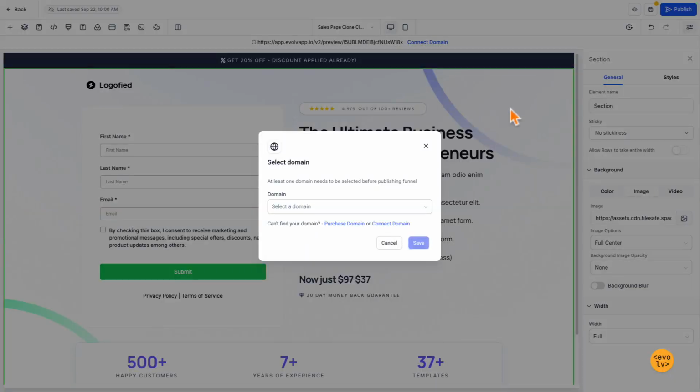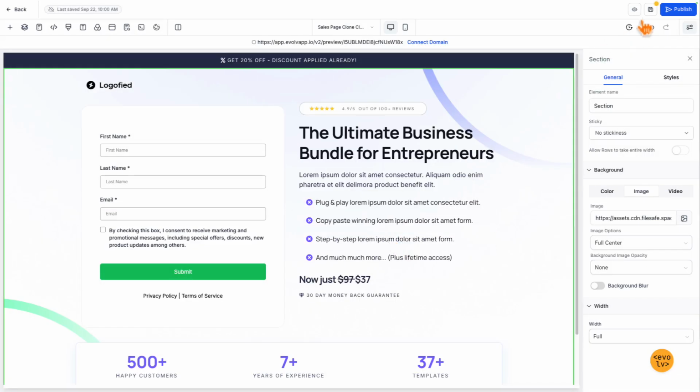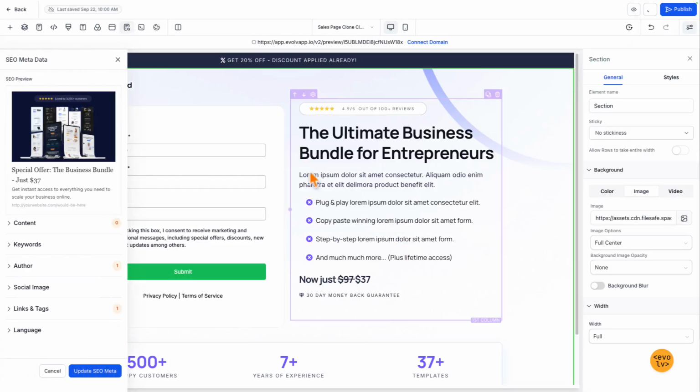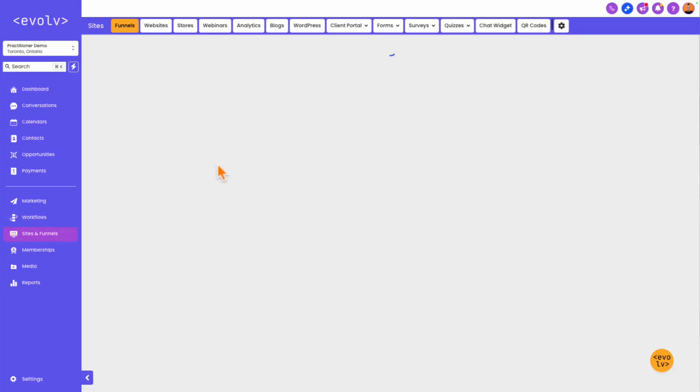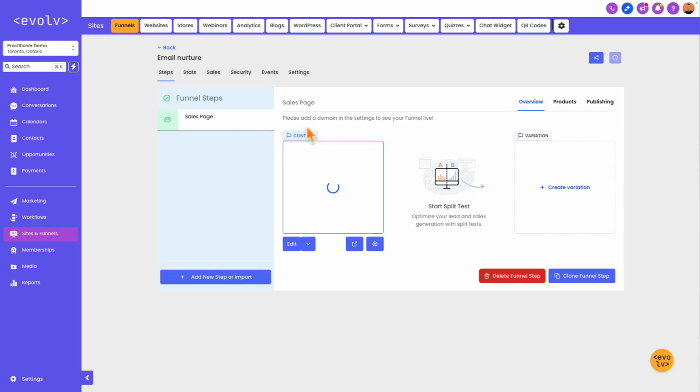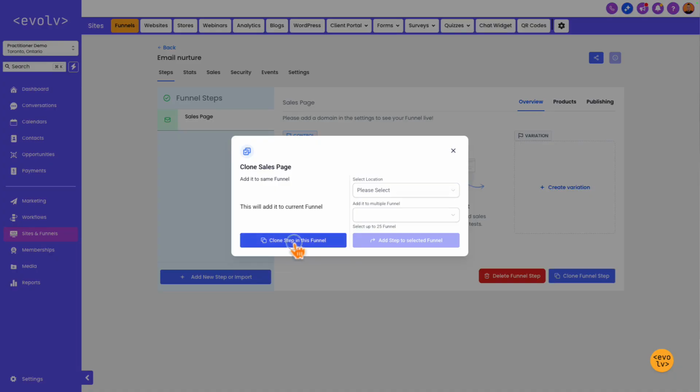I want you to go ahead and click on the publish. Sorry, for me, I'm going to save it because I don't have a domain yet here. You're going to hit the publish and you're going to apply that. Now, from here, now I've got one landing page, and I'm going through this real quick because this is the easy part. I'm going to go ahead and clone this funnel step to the same funnel,